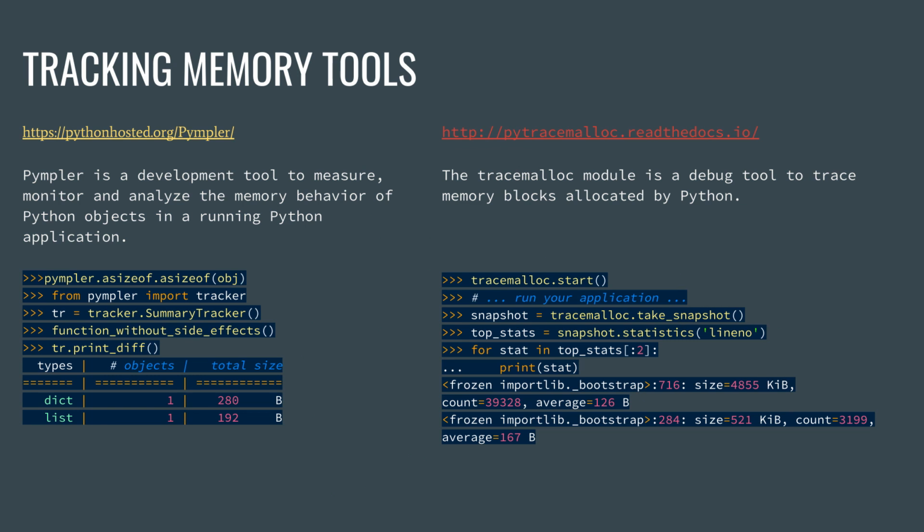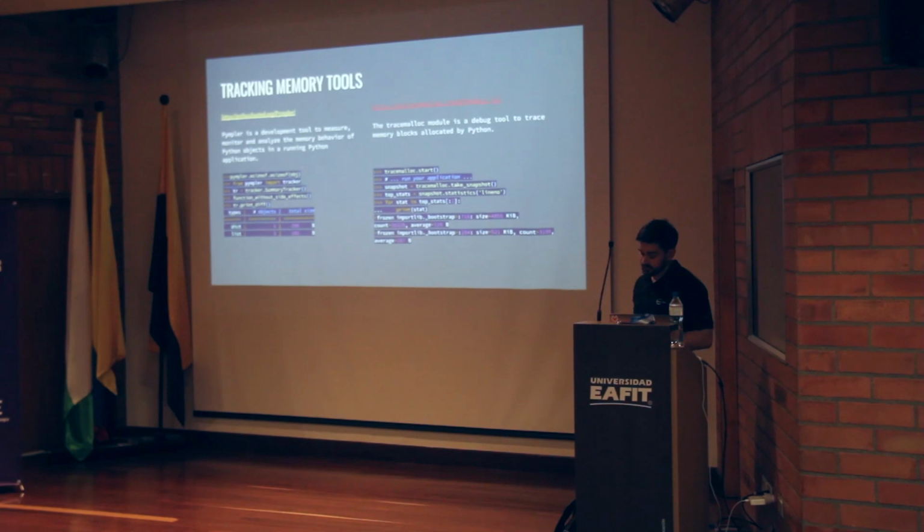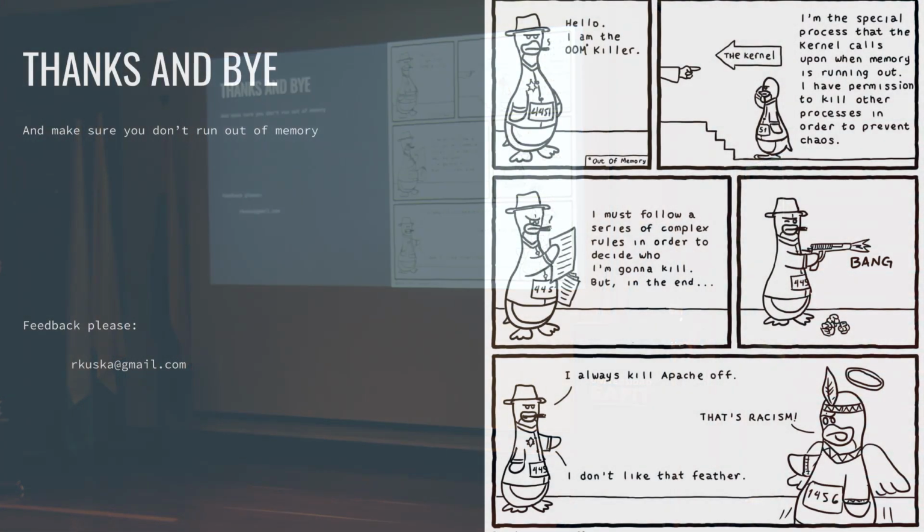And the next thing is pytracemalloc. What it does is it prints the memory usage per file. This is one of the things that I found most interesting. You start the tracemalloc, you run your code, then you take the snapshot after your code has run, and then you can print all of these stats from the snapshot, ordered by the most usage first. That's kind of interesting. Probably we are not going to use it, but it's good to know about it. Yeah, and that's everything.